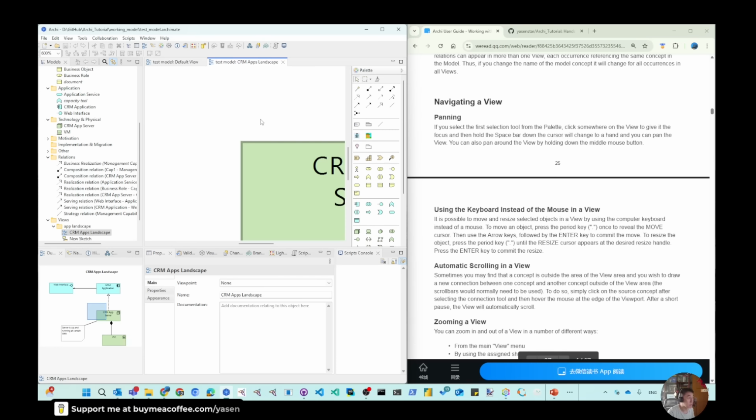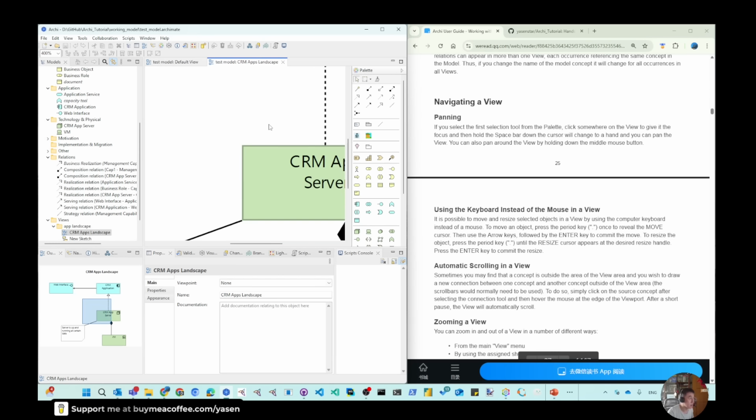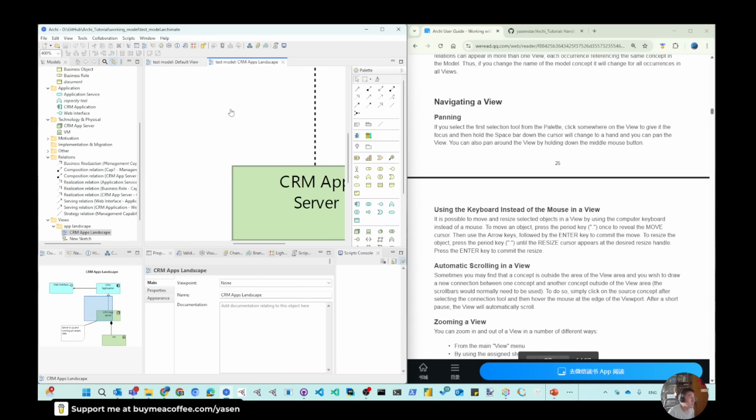Now it's because you cannot see the whole view. So hold space, change to hand, then move. You need to move to certain parts. But why is nothing happening? You need to hold your left button. So now as I hold my mouse, that is moving. If you don't hold your mouse,